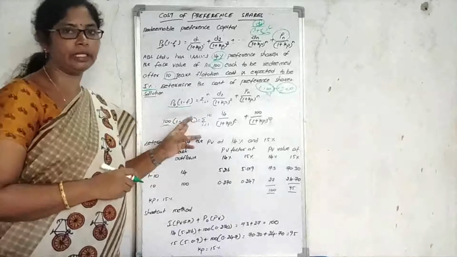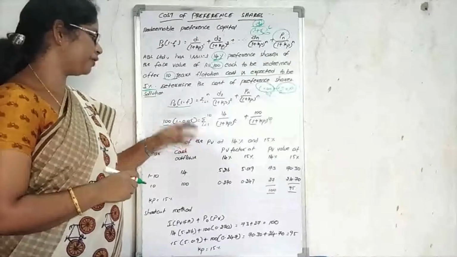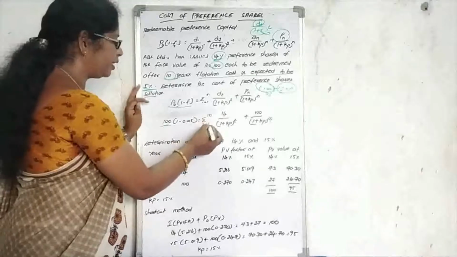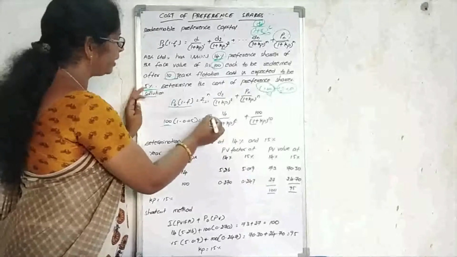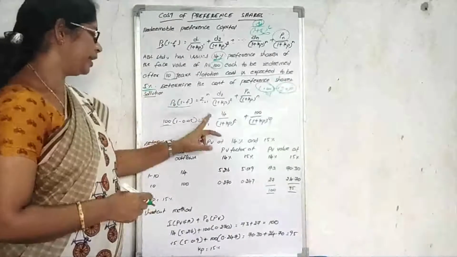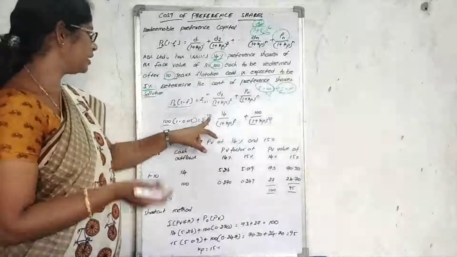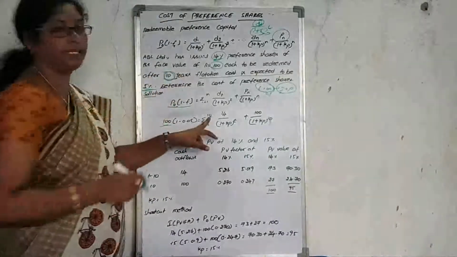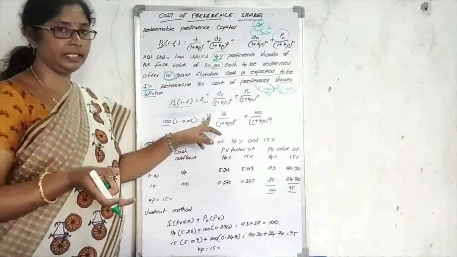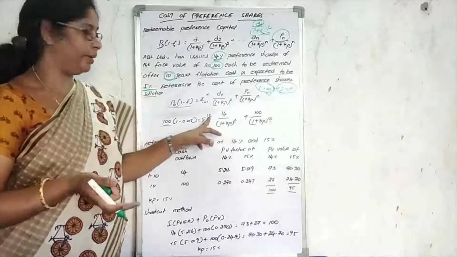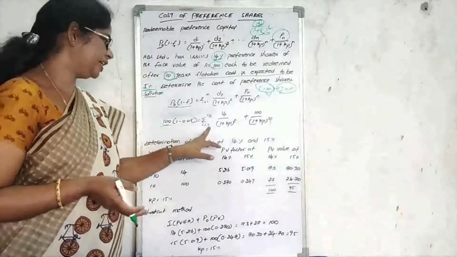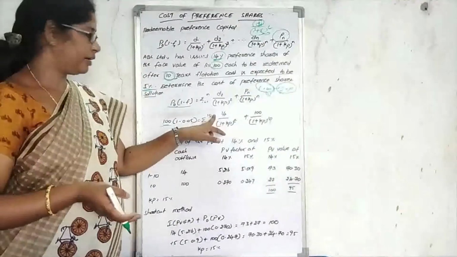When I have to convert that into points, 0.05. That equals the summation from the first interval to the nth interval. How many years are there? 10 years. So they are investing for up to 10 years. After the 10th year, the amount will be redeemed. So, first year to 10th year.